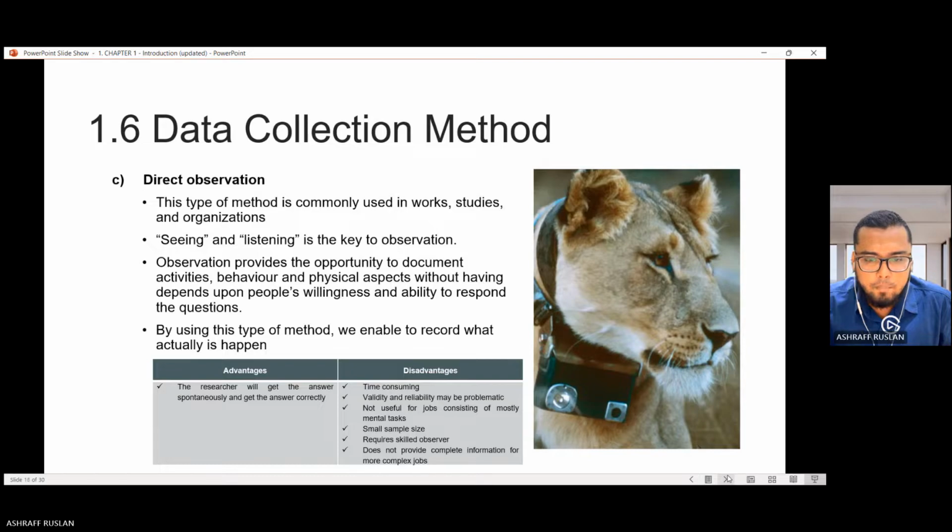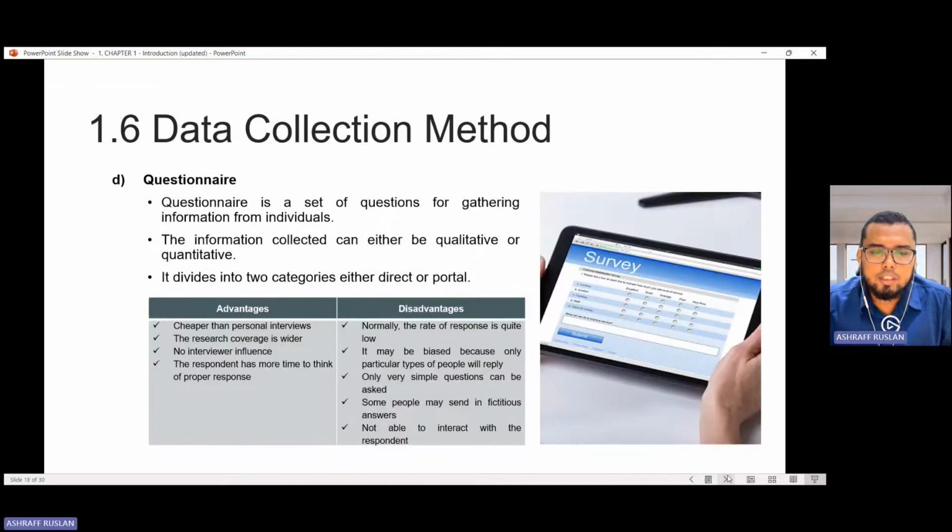Okay. Ini yang kita tengok tadi, direct observation, National Geographic pun adalah salah satu data collection method. Dan direct observation ni soalan berkaitan ni dah pernah naik semester yang lalu. Questionnaire, ini pun salah satu common method to collect data, but in nowadays kita akan sebut dia electronic questionnaire lah, sebab bila you guna Google Form semua tu, dia semua adalah elektronik.